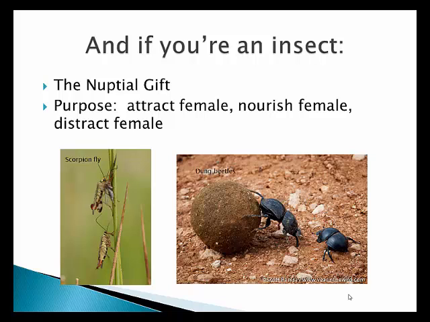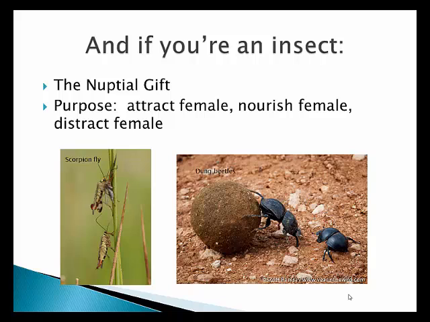Now, there are many ways to demonstrate resource abundance among insects, but certainly the most charming is the so-called nuptial gift. This is a present that the male will present to the female as an inducement to mate. Many of the females are very discerning and will carefully inspect the gift to make sure that it is up to her standards. Indeed, because she's interested in figuring out whether the male is physically fit and likely to produce good offspring. Also, whether he can assist in resource acquisition during the life cycle of both the female and